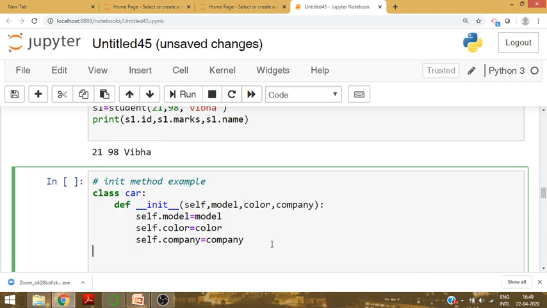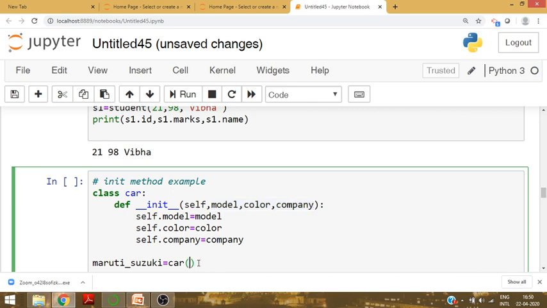Now we will create an object of the class Car. Okay, suppose the object of the Car class is Maruti Suzuki. One class can have multiple objects. You can write any object name, any class name, because they are all user defined. Maruti Suzuki is the object name equal to class name. How many parameters need to pass here? 3 parameters: model, color and company.